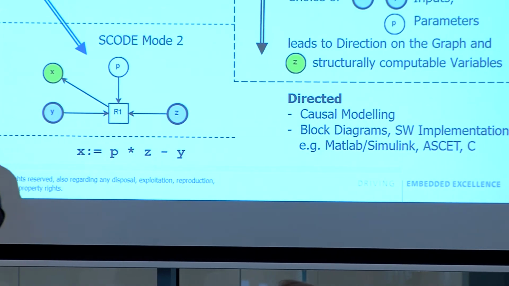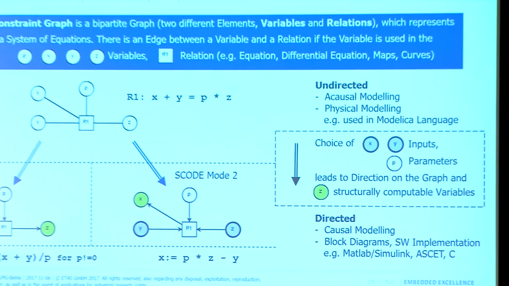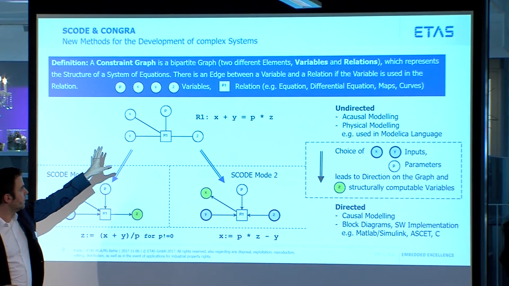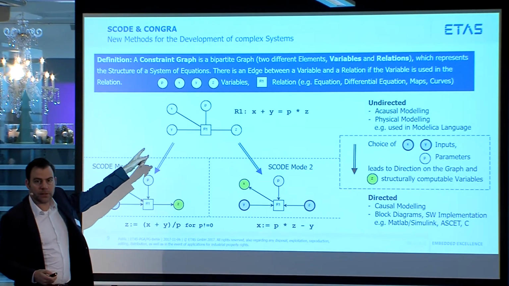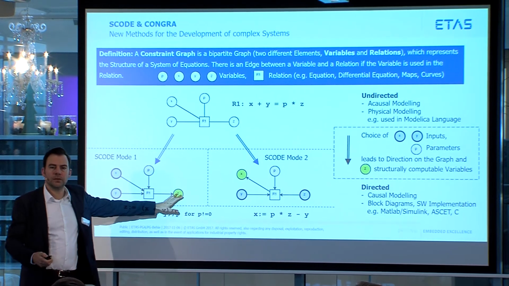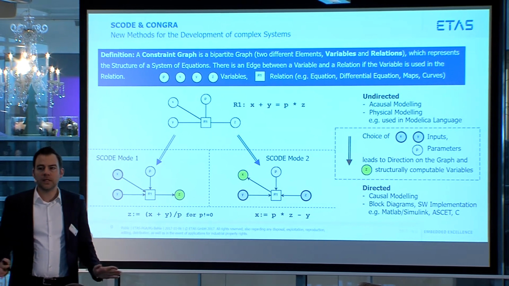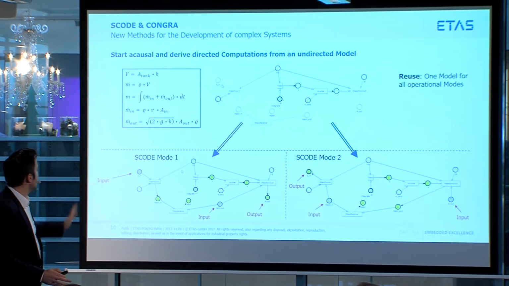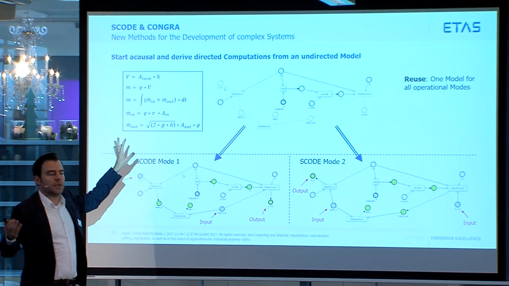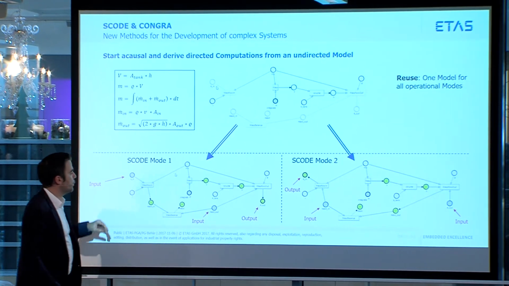We don't start in a directional way, like in a block diagram, but let's start off without direction. So as a user, I say, this is my structure. You can see an equation and a graph. That's why we call it a constraint graph. And I say, I know these two, so I can compute a set. So all the computation is done with no fault, with no error. So that's a differential equation. This is how you describe your plant model or your controllers.